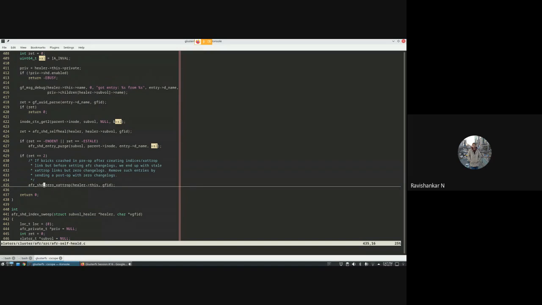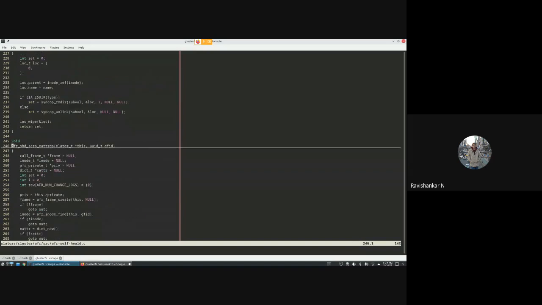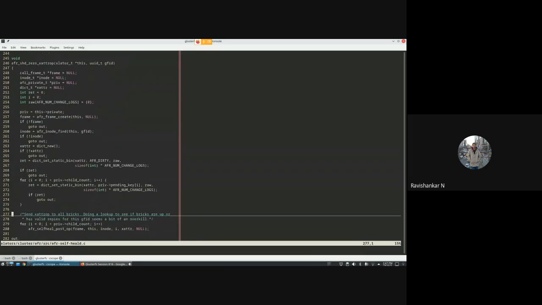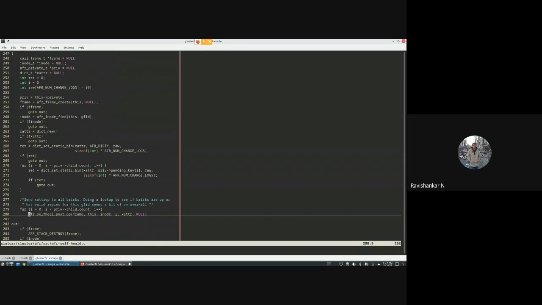When it is all zeros, the index translator will purge the entry from the respective folder. That logic is there in the index. So AFR sends a post-op with all zeros, and it gets handled as part of the index xattrop function.